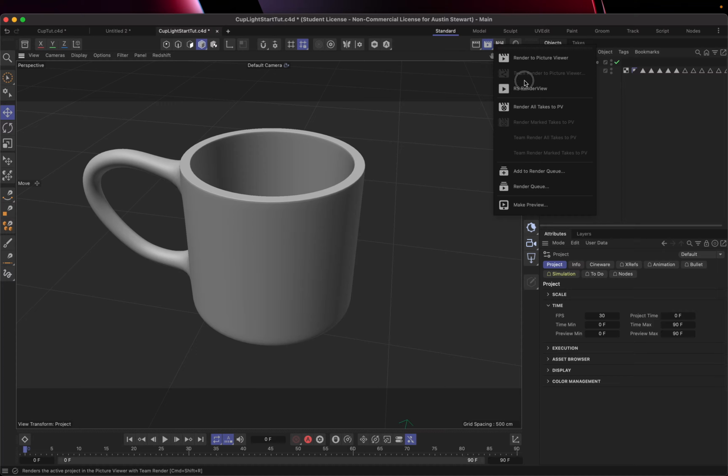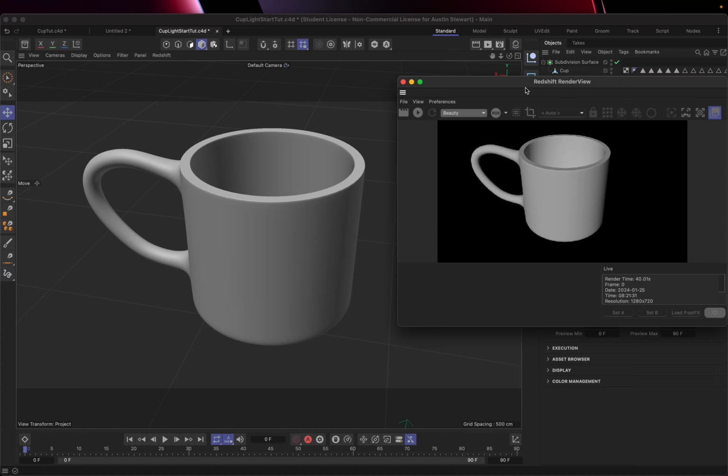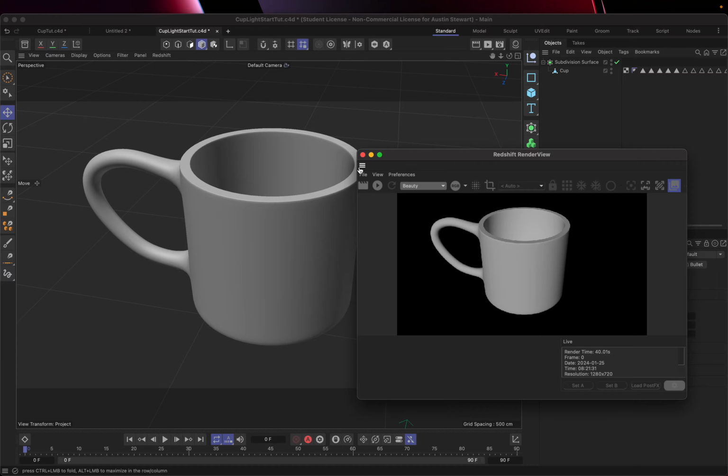We're going to say Redshift Renderview, and then there's these horizontal lines here. If I click and drag, you'll see that I start to get these highlighted gray lines. What that means is that I can put this viewport render, or this render view, I can attach it in any of these places. Now, in this case, I'm going to go ahead and attach it to the bottom,